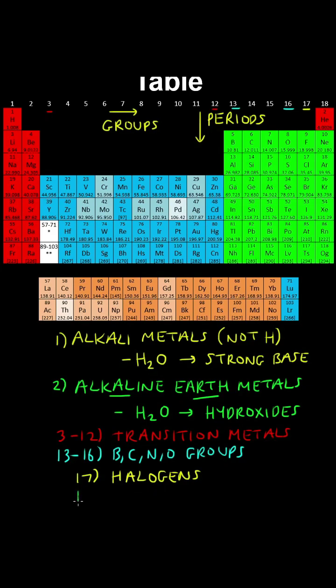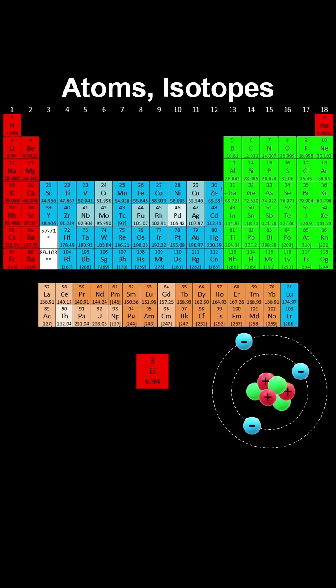And group 18 is the noble gases, so these are inert, but some have been discovered to be reactive at certain temperatures and pressures, and they're stable. And the lanthanides and actinides are known as the rare earth elements or inner transition metals. The elements in the periodic table are the fundamental building blocks of matter, and here we have the structure of